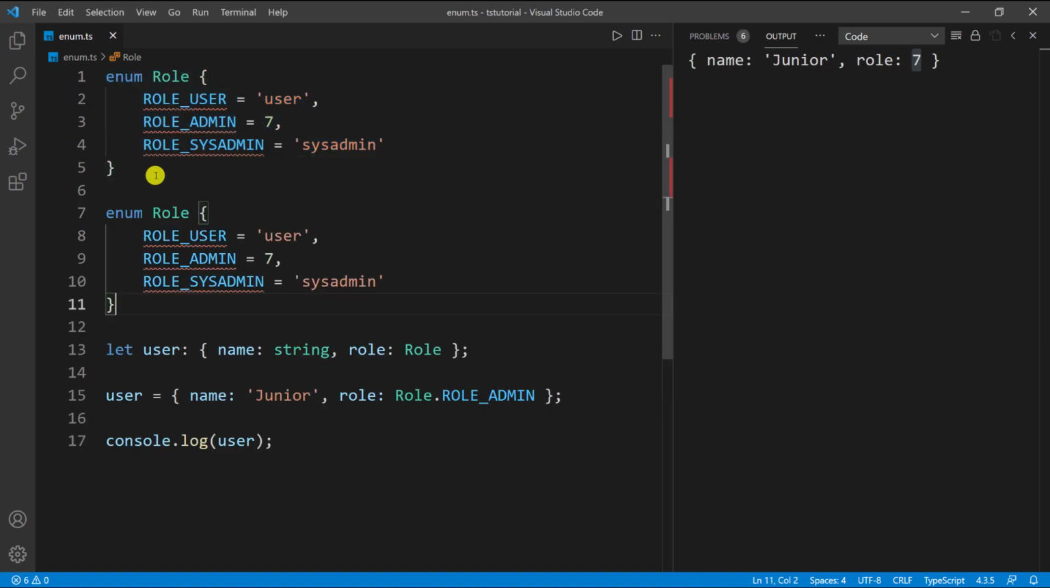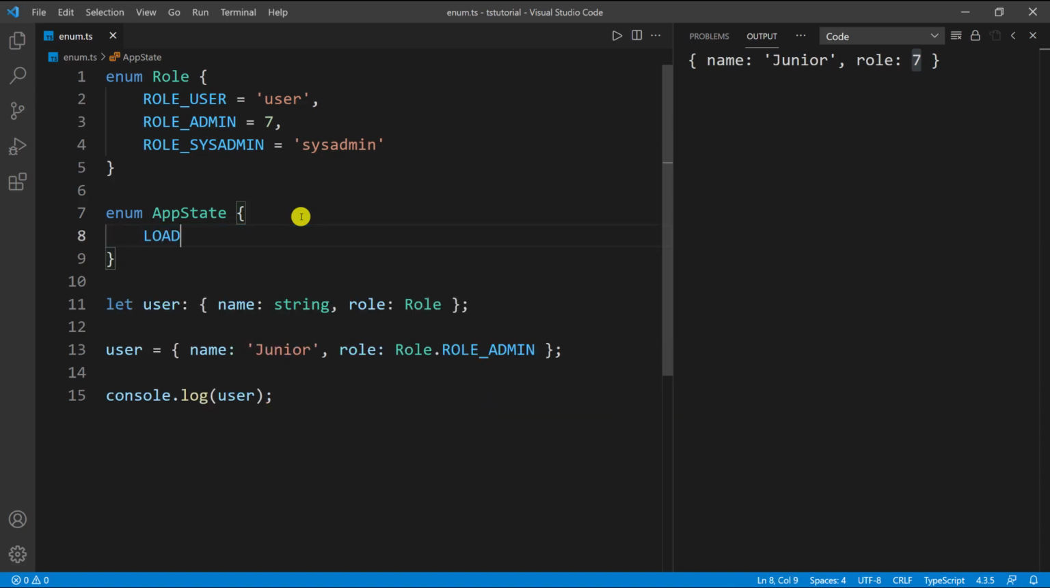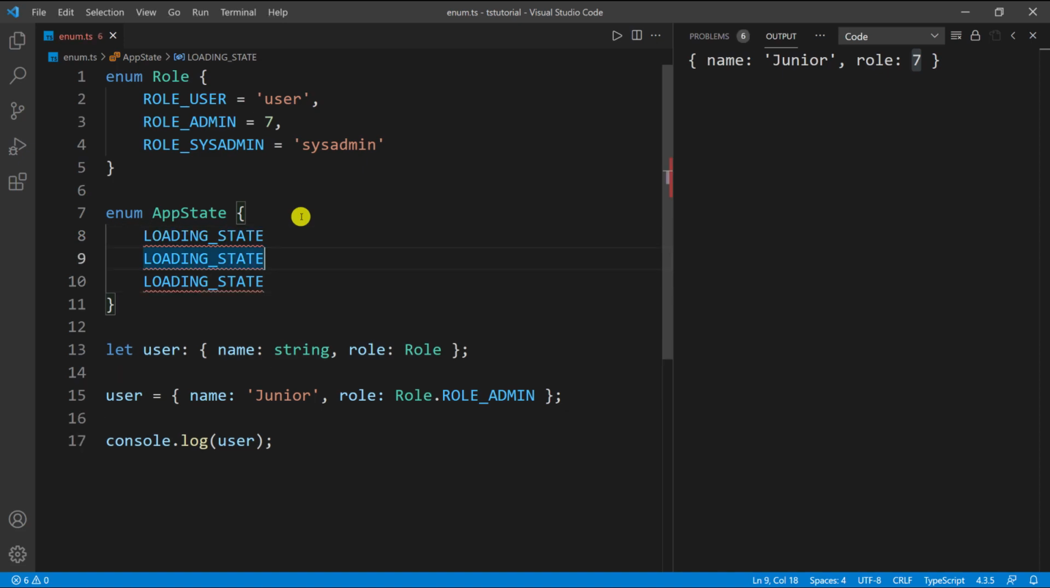I can go down here and say this is my state. So I would define something like AppState, just like that. I'm going to remove all this. And then I can have something like LOADING_STATE, and I'm going to duplicate this two times, and I can say here is going to be the LOADED_STATE, and you can have something like READY_STATE, just like that. So I would have something like this, and I can set them equal to a number or set them equal to a string, and then I can use this to manage the application state when I'm working on the